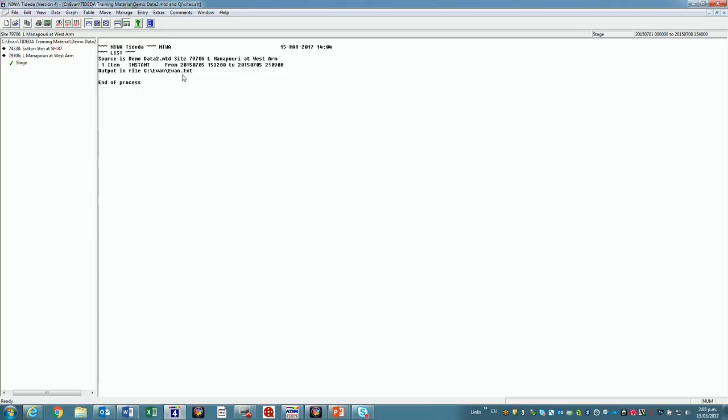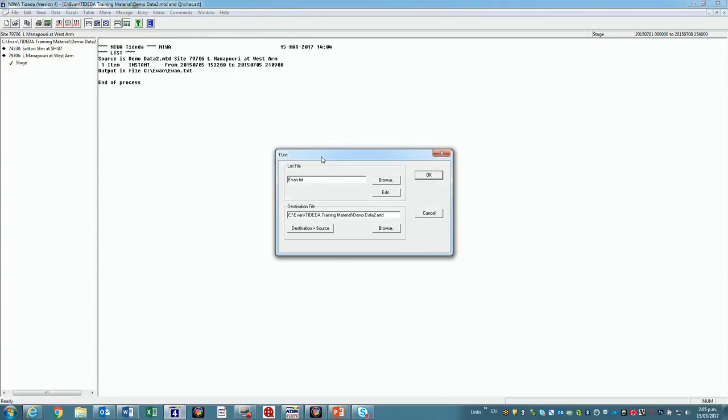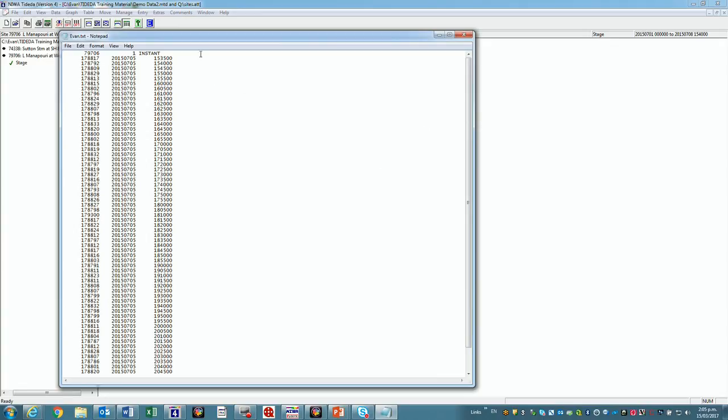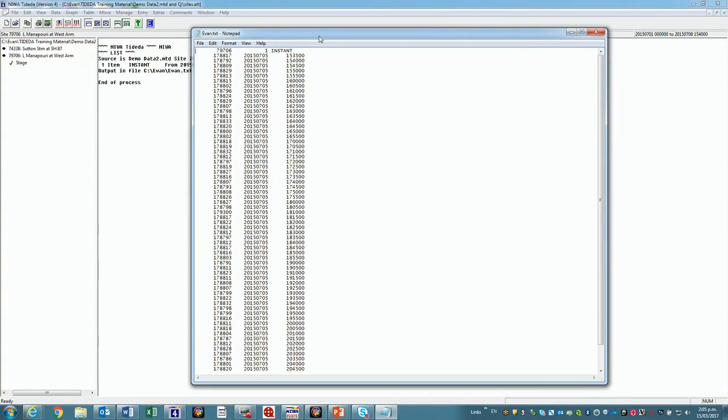We can either go externally and edit that text file through a text editor, or we can go back to the entry purpose. We want to list back to Tideda. So this time we're listing that text file back to Tideda. We're using the fully specified option. It comes up with this box here and it actually picks up our list file. If it's not there, you can browse for it. But before we put it back into our destination file here with an OK, we're going to edit it at this point. So it's a nice way of bringing up a text editor. So you see it's just Notepad, it's defaulted to because that's in our preferences. And we're going to go through to that